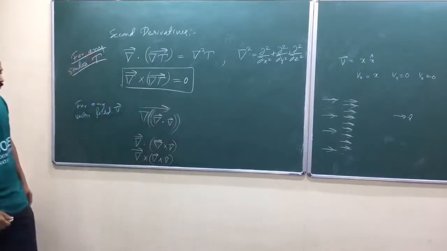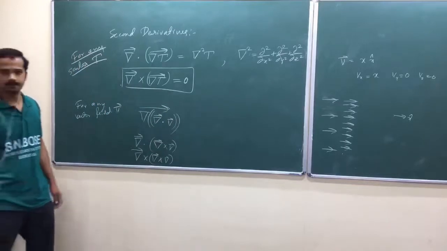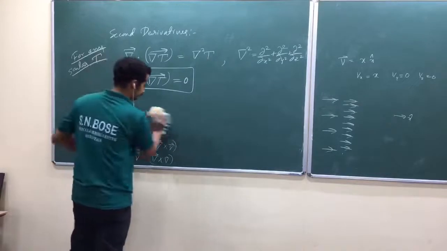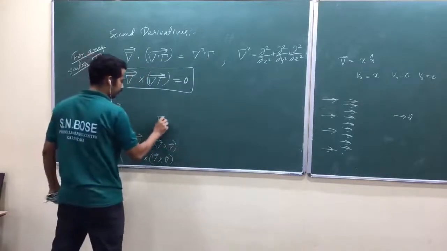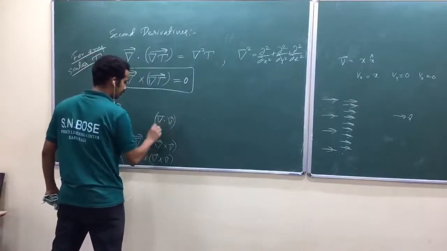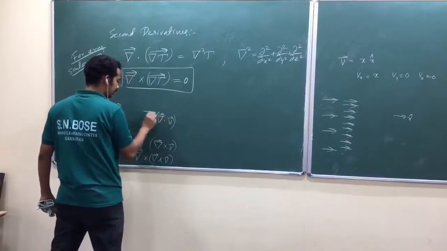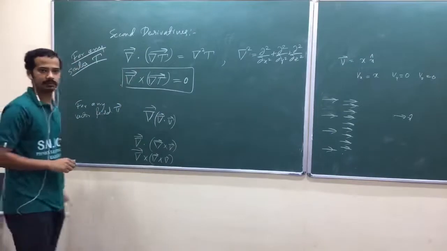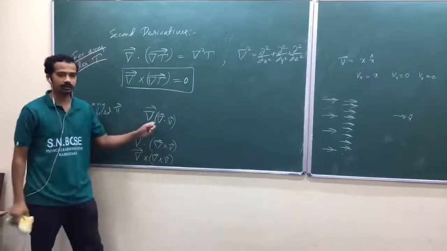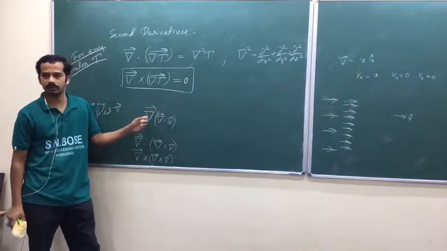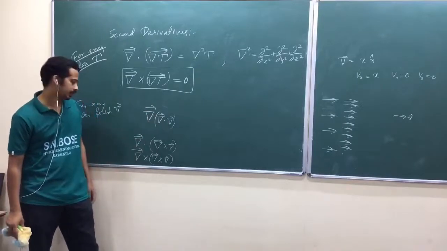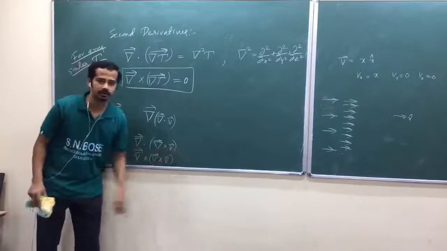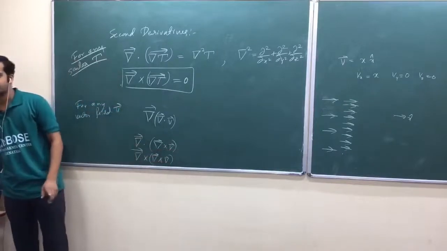Can I write like this? Very difficult to write, isn't it? Del dot V, okay, del dot V. Now gradient of divergence. We have to call it as gradient of divergence. Divergence is a scalar, gradient of a scalar. That's again a vector, okay. So divergence of a curl, curl of a curl. Is that okay?